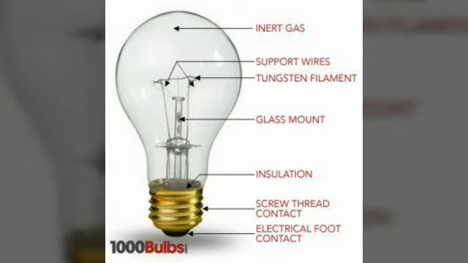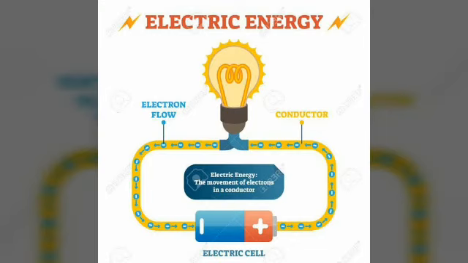Now I will explain what a bulb is and how it is made up, and what different things are used in it. Now listen, a metal filament, actually tungsten, is used. This is a good conductor of electricity, and that is why it makes the bulb glow. Here the electrical energy is changed into light energy.